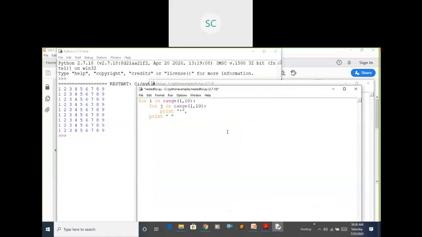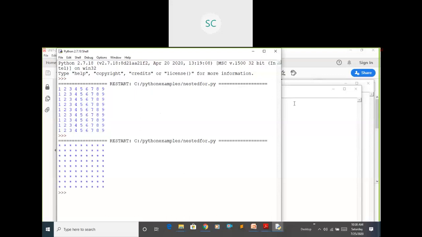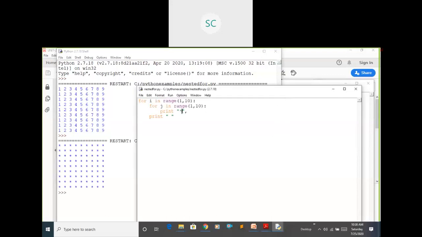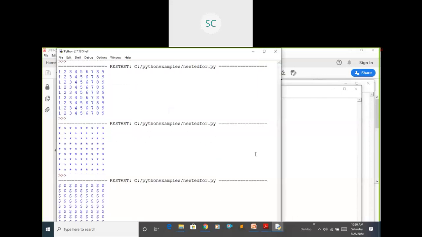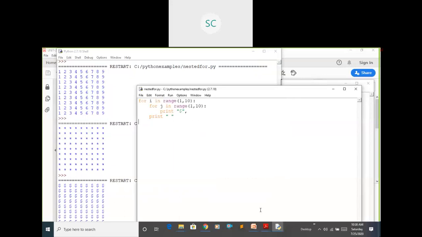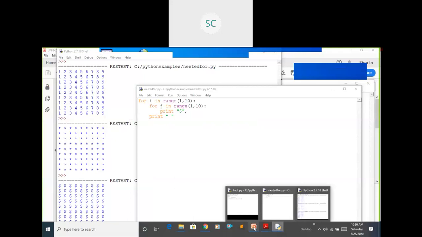If I print star, you will see the output as stars. If I print a dollar, dollars will be printed in the output. You can format this based on your requirement, or use this inner loop based on your requirement.